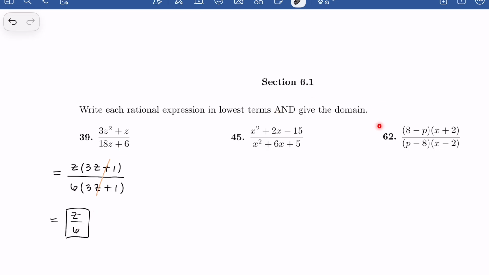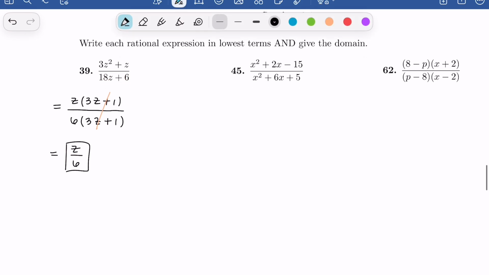Now we also want to give the domain of this. So this is going to be anything that makes our denominator 0. We need to figure out what values will make our denominator 0 and exclude them from our domain. Now at first you might think the domain will be all real numbers because the 6 here will never be equal to 0. However, when we're looking at these rational expressions, we need to look at our original denominator in order to find our domain. So instead of saying all real numbers here, we need to go back to our original denominator and figure out what values of z will make this equal to